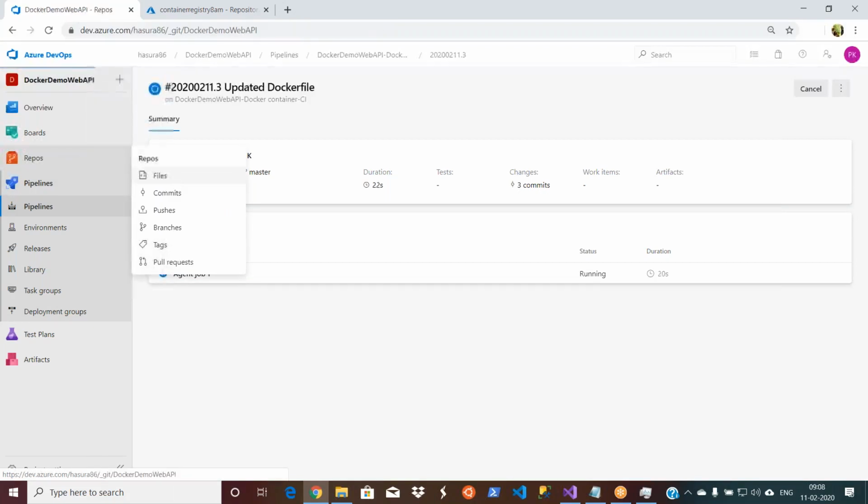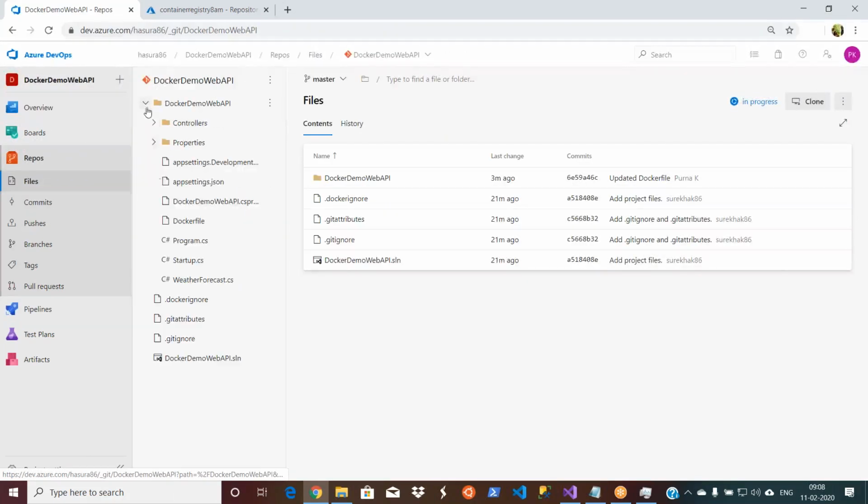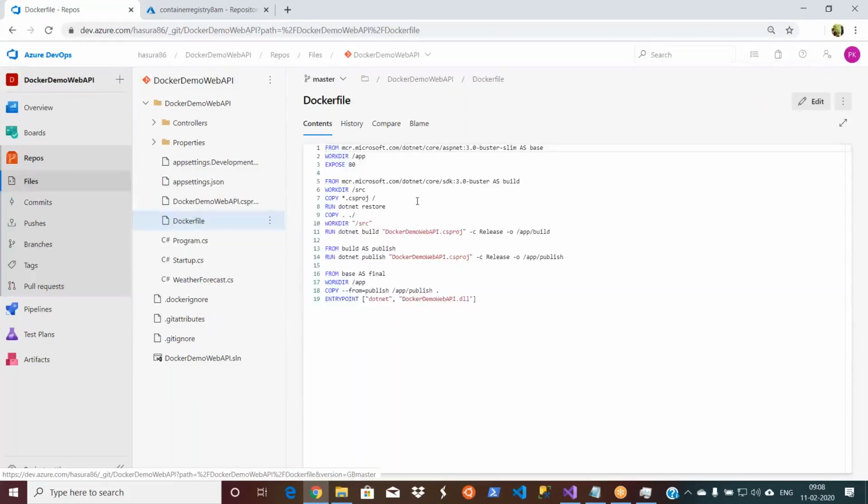So while it is running, let me go and check the Docker file. Okay, I think this is the mistake. I gave slash, right? We need to have dot slash. Dot slash means the root. Guys, this is not exclusively related to Docker. Giving paths is the same across programming languages and across operating systems. Okay, that could be the reason it is failing.